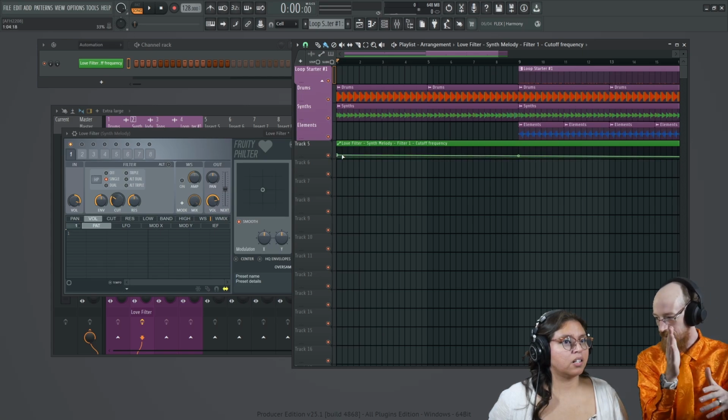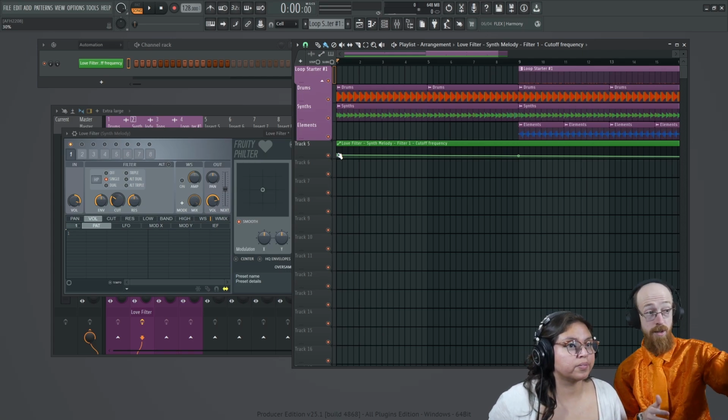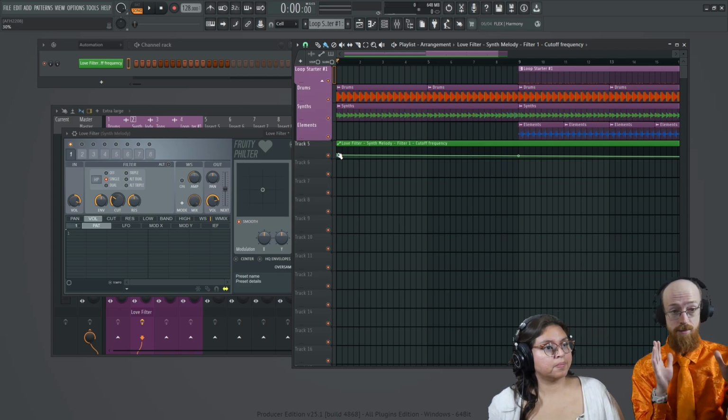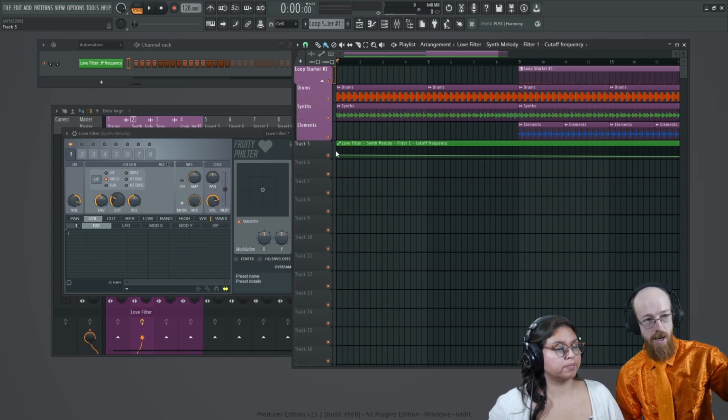You can write exactly what you want that knob to do. Huh. So it's called automation. You can do this with everything. You can automate all kinds of stuff. It's awesome. So we want to find a spot for how you want it to sound when it starts,